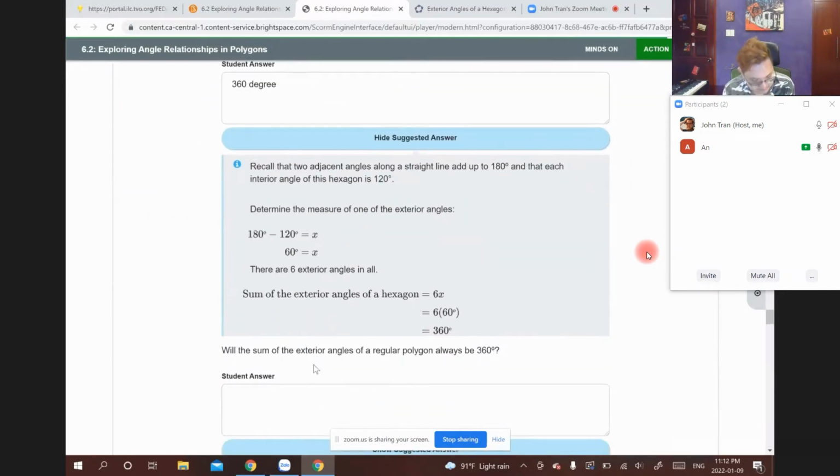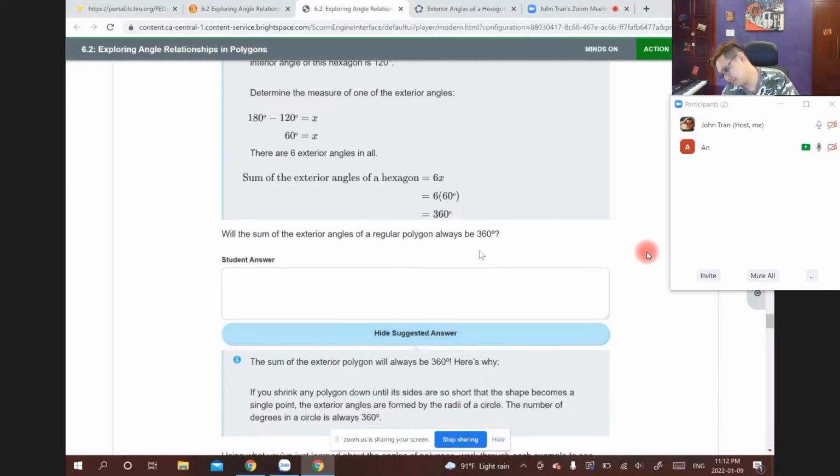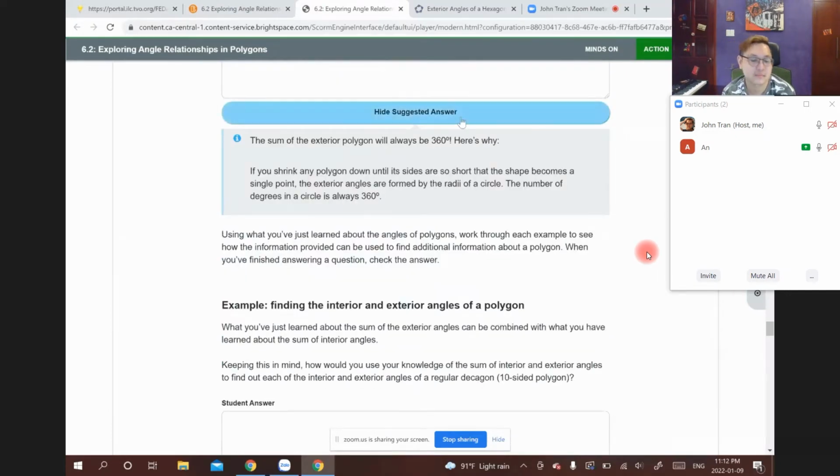The sum of the exterior angles of a regular polygon will always be 360 degrees. If you shrink any polygon down to its size,